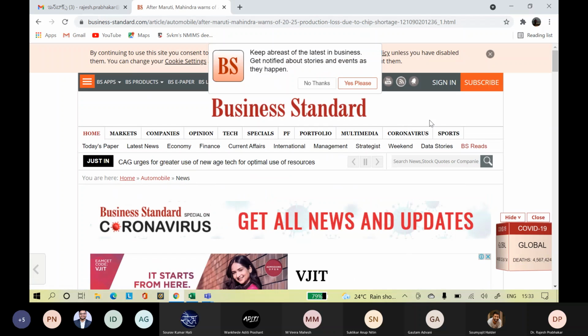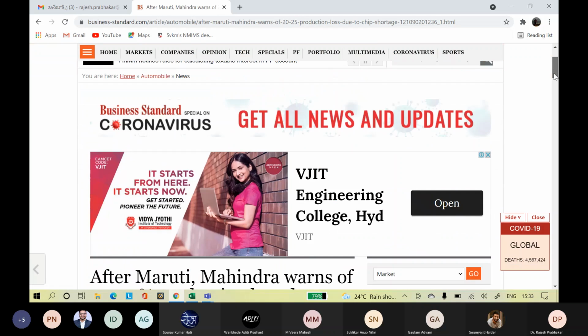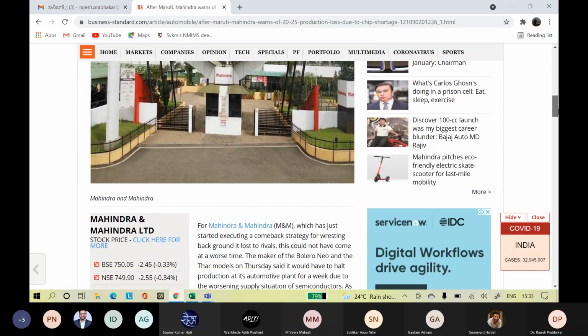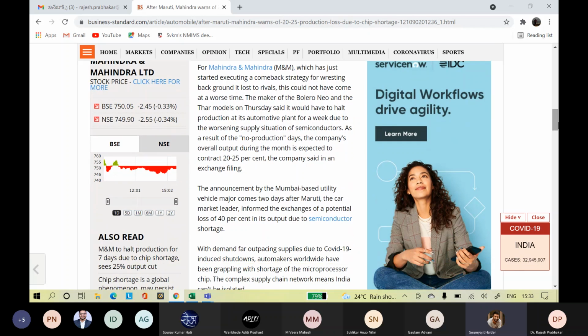Why couldn't they solve the problem? Sir, because it's uncontrollable to them. We import semiconductors mostly. It's not an indigenous product. So what can they do? They knew the problem since April. Some people pointed it out in the first quarter of this year itself. Then why can't the companies do anything? Because it's an uncontrollable variable, right?